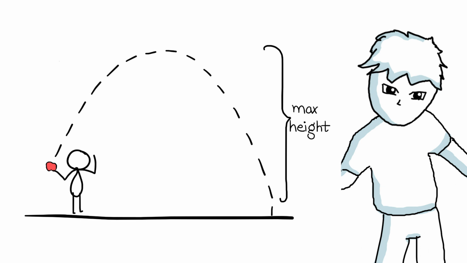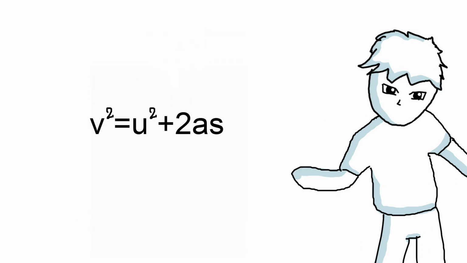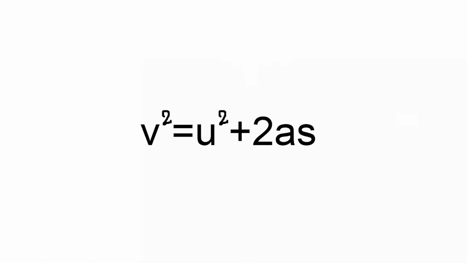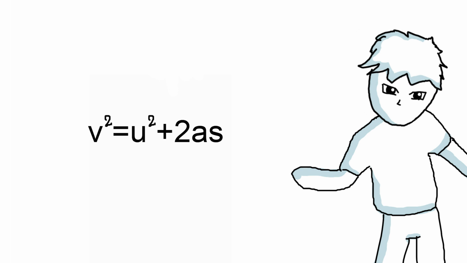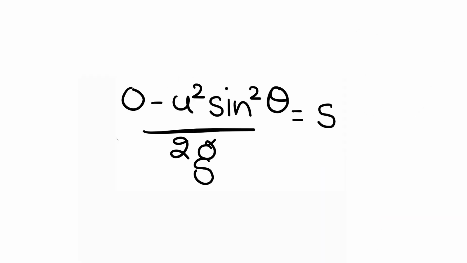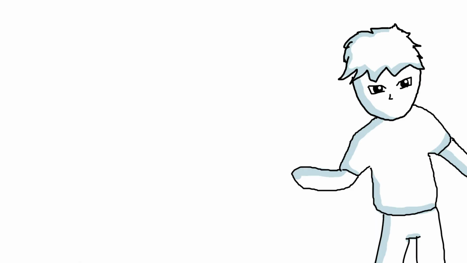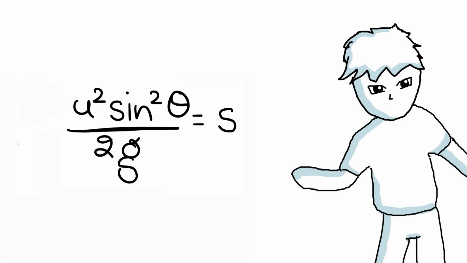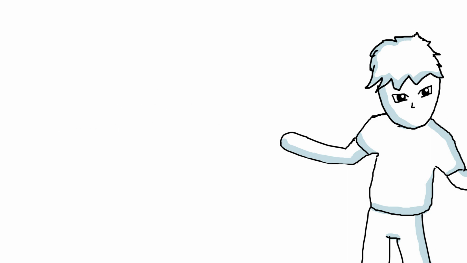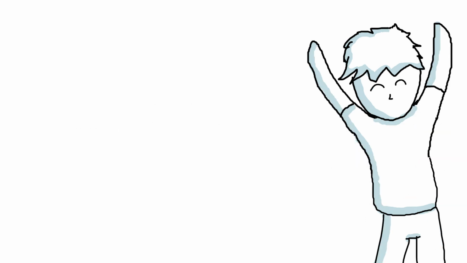Apart from this, you can also find the maximum height your apple achieves, which can be computed by using the third equation of motion, v square minus u square is equal to 2as. Now putting the value of v as 0, the value of u as u sin theta, the value of a as g, when we solve this equation, you get the value of s as minus u square sin square theta by 2g. And as you know, the distance can never be negative, so the value will be u square sin square theta by 2g. So with that, we reach the end of this lesson.